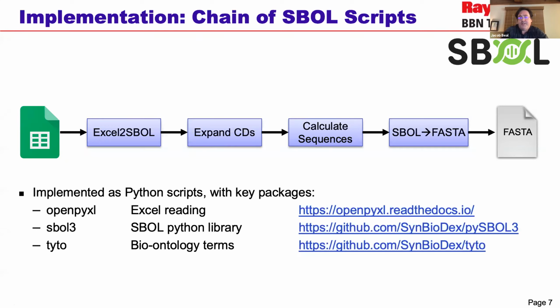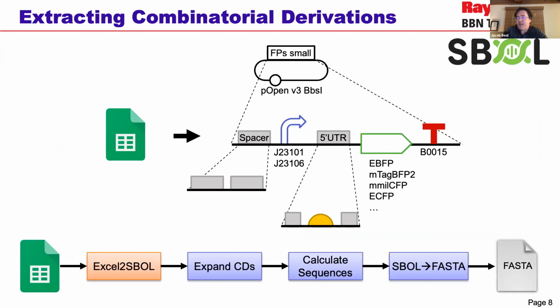So let's talk about how we actually did each of these stages. I'm not going to go into too much depth, but I just want to unpack each one and really show in detail what exactly it is that gets done there. So for the first stage, extracting the combinatorial derivations, we're taking this spreadsheet and pulling out of it